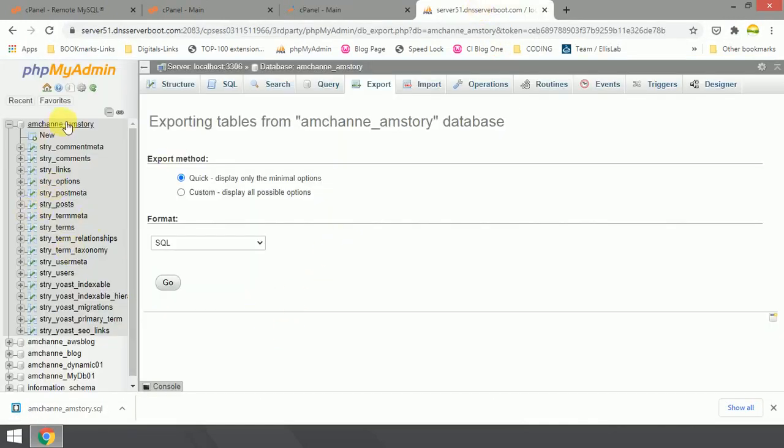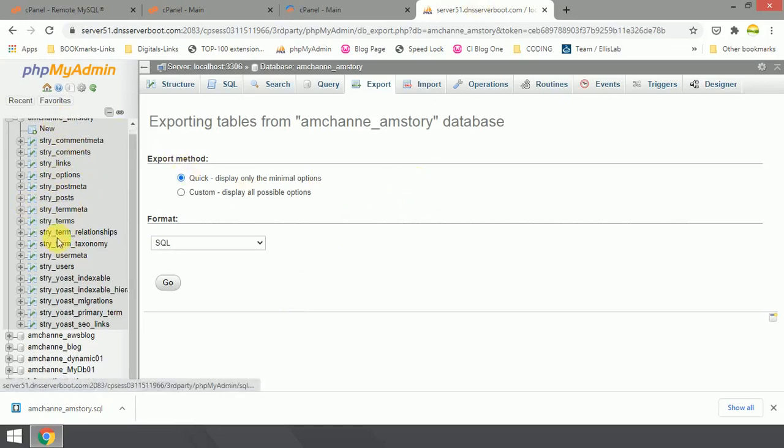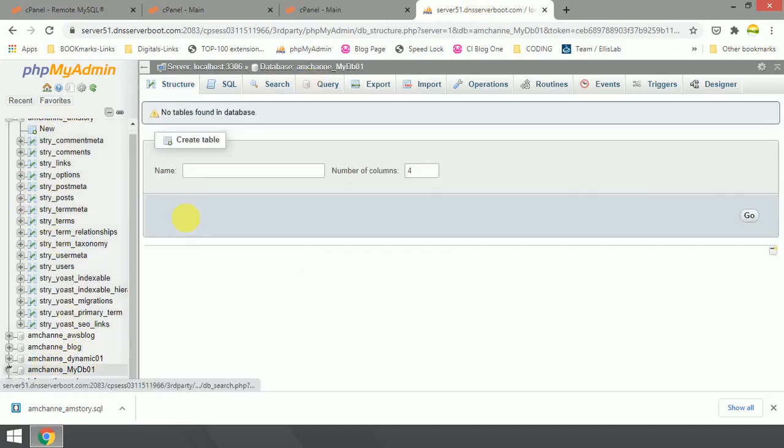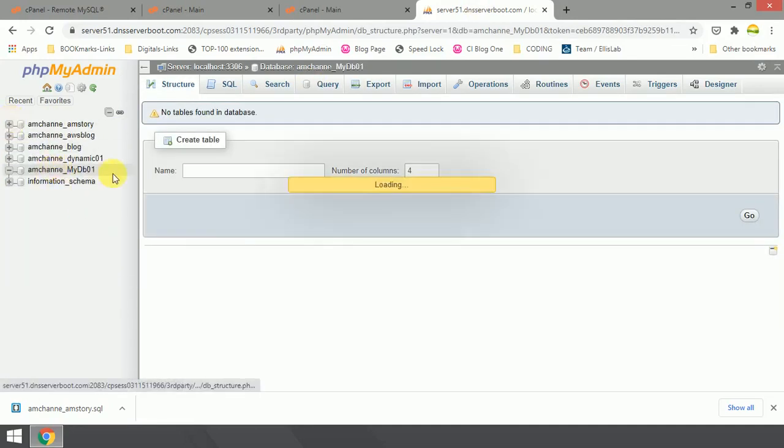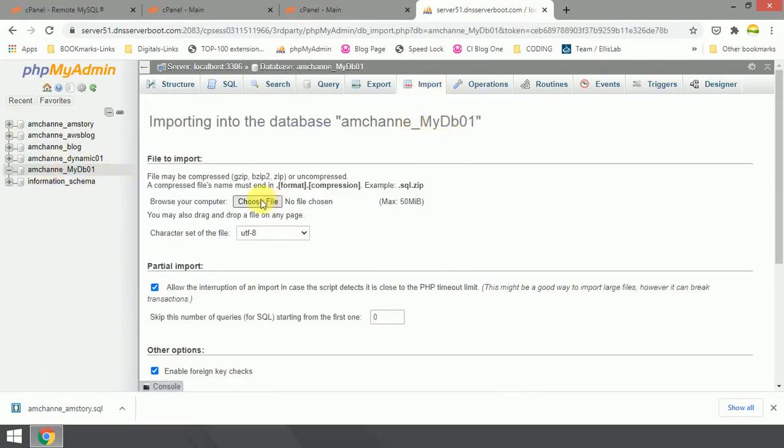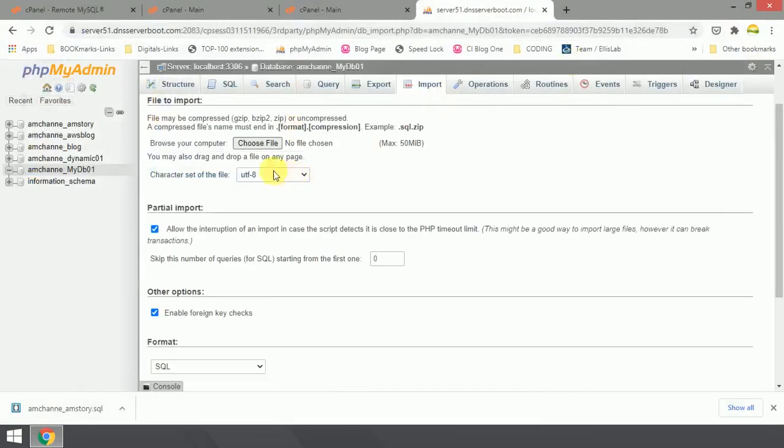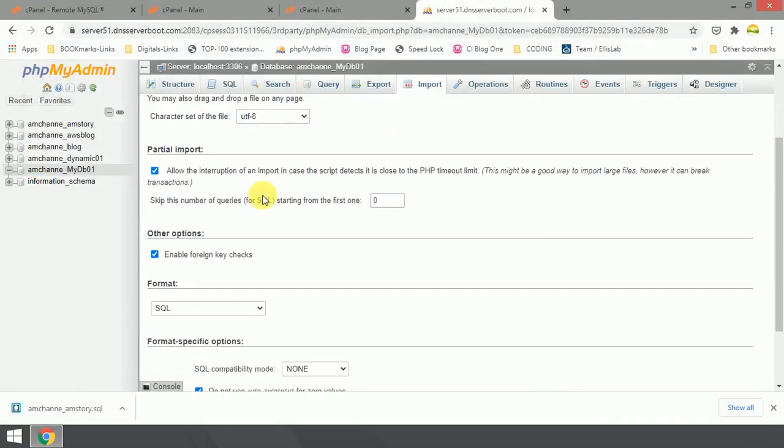If you want, you can also import a database into any of your databases from phpMyAdmin. Select your database, like I have selected MyDB01 and I want to import a database into my MyDB01. I just have to select my database.